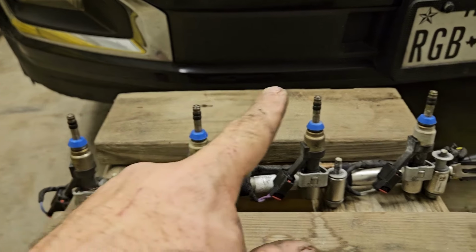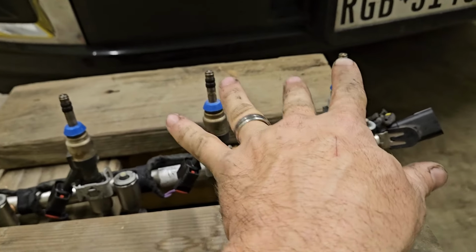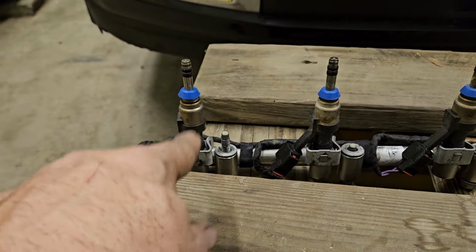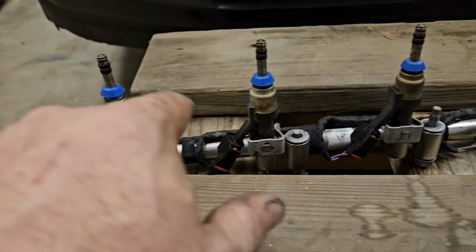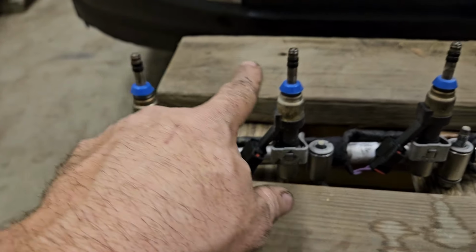Got all the injector seals, at least these. I didn't pull the injectors out of the rail, so that stands to reason I shouldn't need to do anything with those, so I'm not. And those in there would have no bearing on compression. So again, replaced